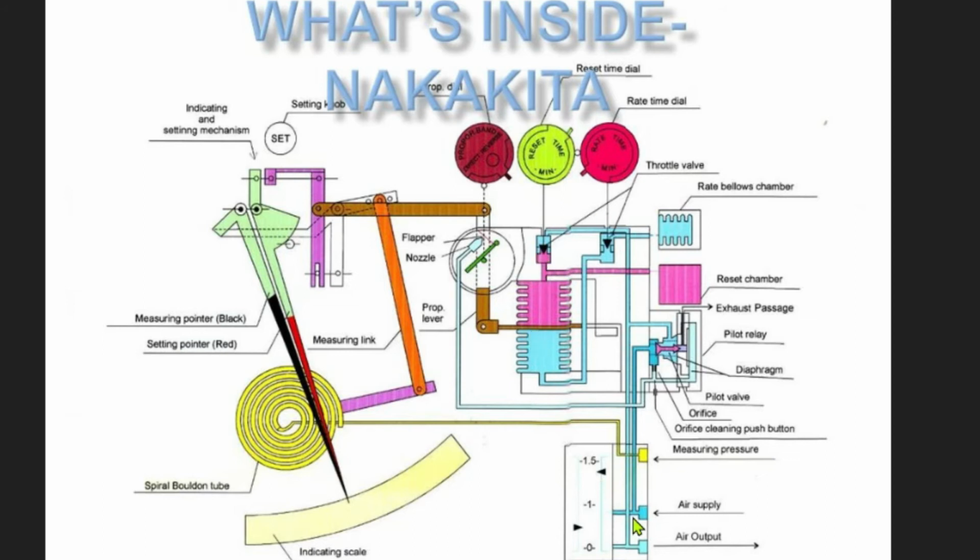Now, the working pressure or temperature is sensed by the sensor, and the air or gas signal is sent to the Bowden tube. This results in moving of this black pointer and moving of the flapper arrangement. The air supply is continuously supplied to this and comes to this pilot valve. It passes through this orifice, whose diameter is 0.25 mm, to the other side of the diaphragm. As long as the nozzle opening is open, the force on the needle valve and diaphragm is balanced, so that this valve will not open.